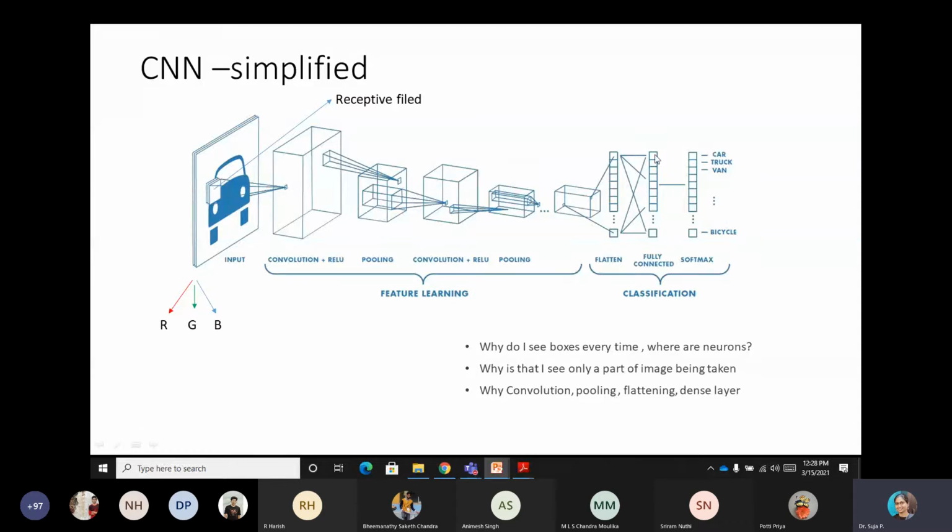Assume this fully connected layer is an intelligent layer that performs the processing required for classification. So the flattened inputs are connected to a fully connected layer and that goes to a softmax. In the next class, I will explain the classification part in more detail, about this softmax.